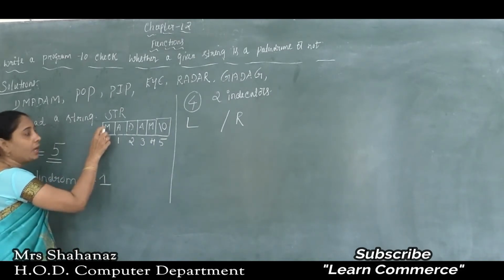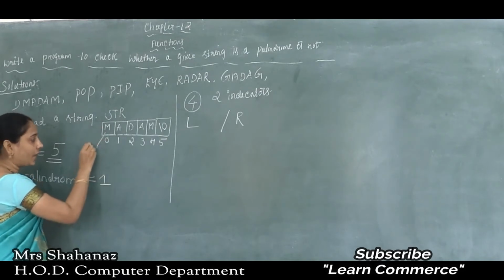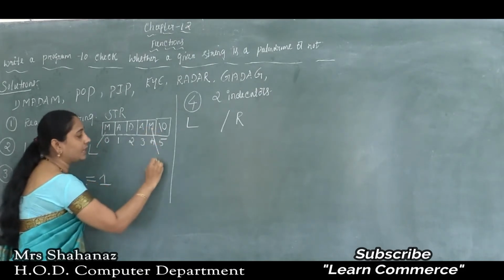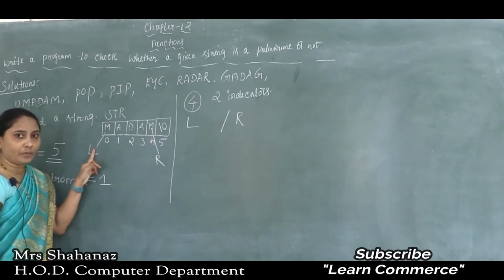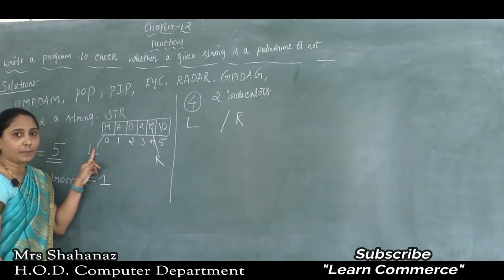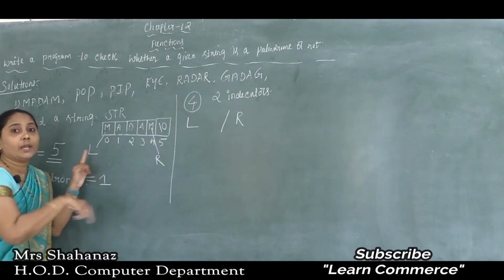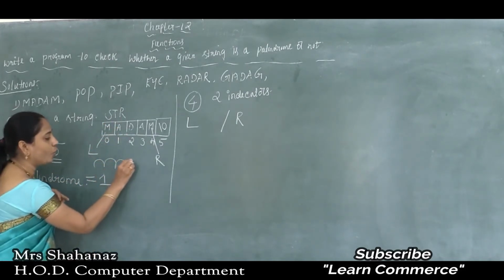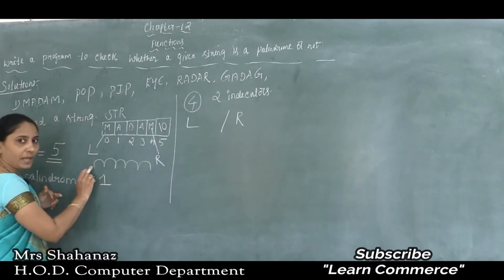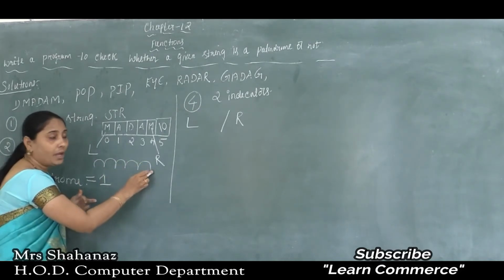Clear this point here? So from left, this is called as the left, and this one is called as the right. Okay, so this one is called as the right. So here we can say that the L means which process the string in forward direction, one after the another. In this manner it will move. Clear this point? That means from left to the right. Okay, here.